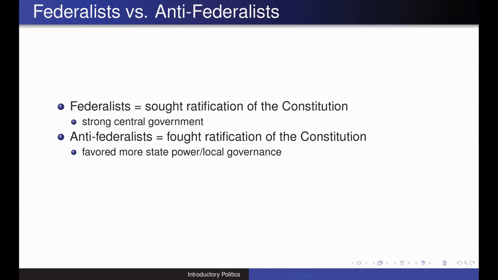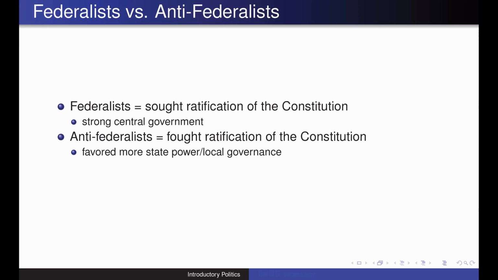Ultimately, out of a constitutional convention, we end up with this document that we've been looking at in this U.S. Constitution, but it needed to be ratified, as Article 7 said. This ratification process was very slow. It was very contentious. And ultimately, we ended up with two large factions, two large groups of people that emerged out of this constitutional convention.